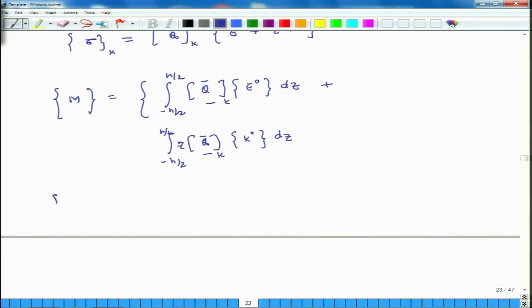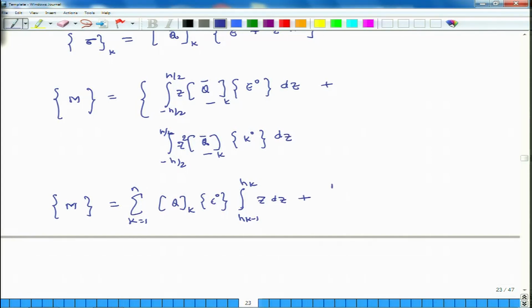So, I can write M vector is equal to, so there should be a z here and there is a z square there. So, it is a summation k is equal to 1 to n, Q bar is constant over a thickness and strain is constant over the entire thickness, times the integral of z dz from h k minus 1 to h k